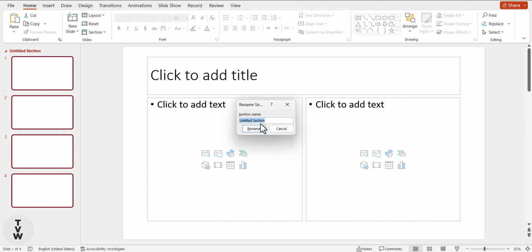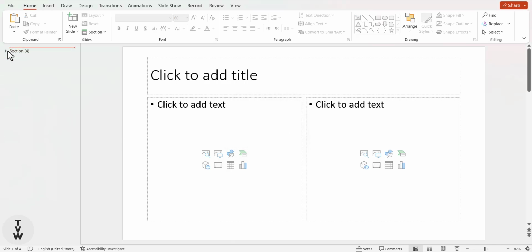We can name the section. Let's make it section. Okay, you can see that here we can control a bunch of slides together. So